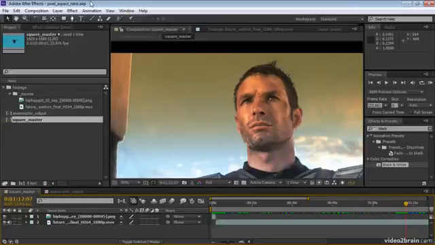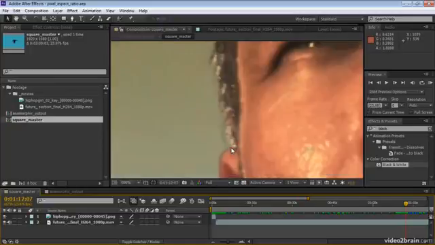In After Effects, as with other software, images are made up of small rectangular picture elements known as pixels. Let's zoom in just to look at some pixels here. I'll use the mouse scroll wheel to zoom in on this image. And here we can see these small squares that make up the image. Of course, we can't see these small squares when zoomed far out, and the image just appears to be a